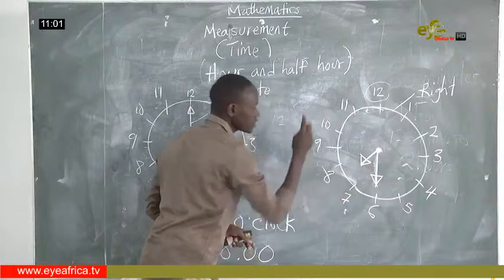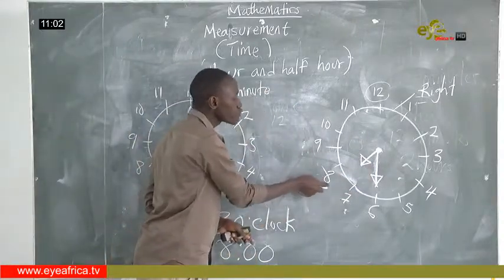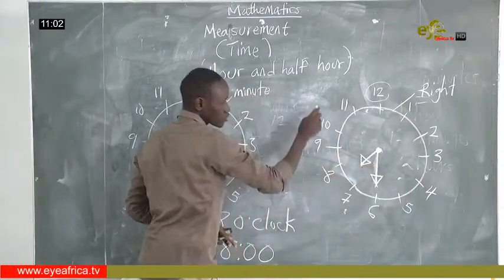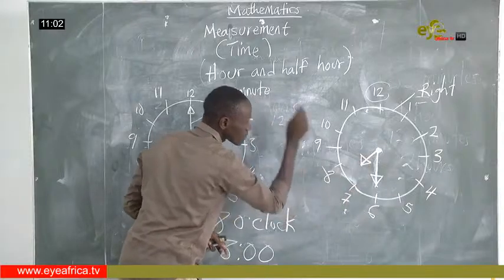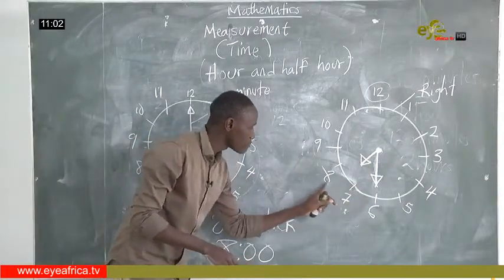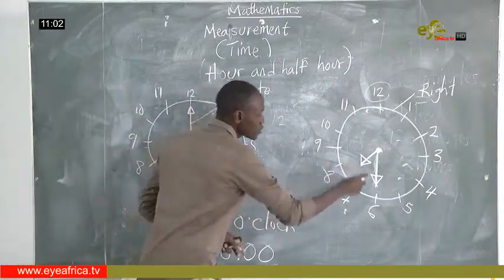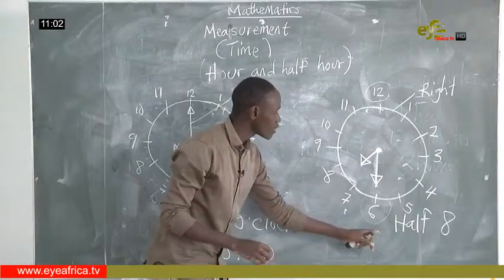So therefore, we also look at the hour hand. Where is the hour hand facing? The hour hand is not facing 7. It's also not facing 8. But as long as we are moving in this right direction, this will tell us the hour hand was from 7 going to what? 8. This hour hand was where? From 7 going to 8. So you will see that the answer that we're going to have, since we said 6 is half of 12, our answer will be what? Half